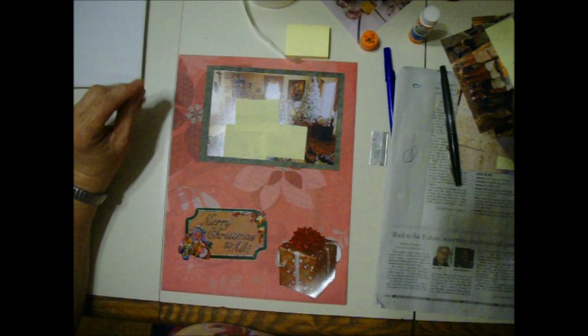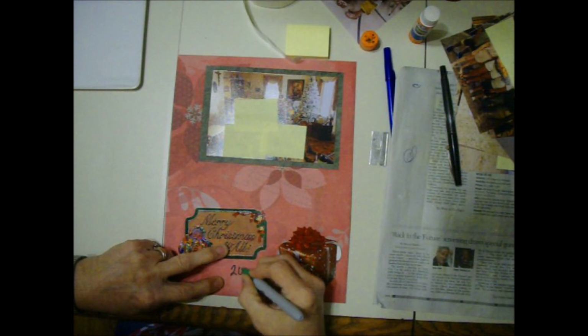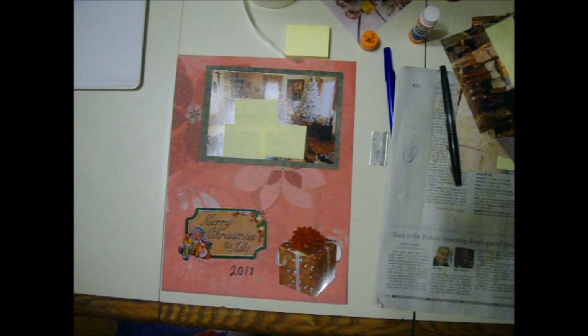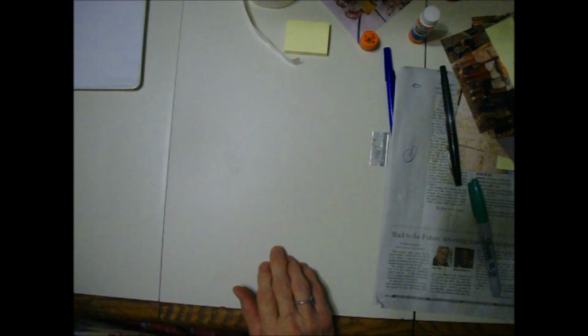Then I'm going to get a big Sharpie. I think I'll get green. I gotta reach across here. Yep. And just add 2017. And that's all there is to it. That page is done. Quick as can be. Now,